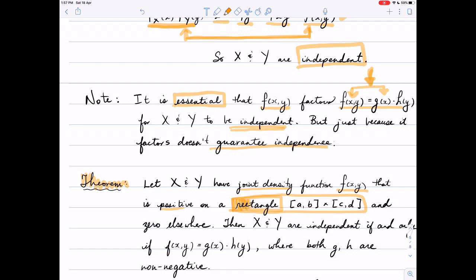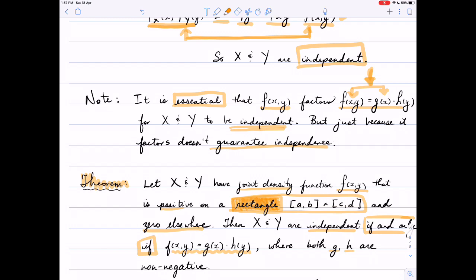The case where you can interchange the integrals without much of a thought. You can just do anything in any order you want to. Rectangles are the lovely, easy case. So if the joint density is positive on a rectangle and 0 elsewhere, so if the support of x and y is a rectangle, then x and y are independent if and only if, which means that now this is a necessary and sufficient condition, if the joint density factors,